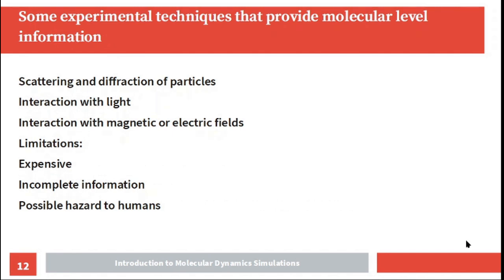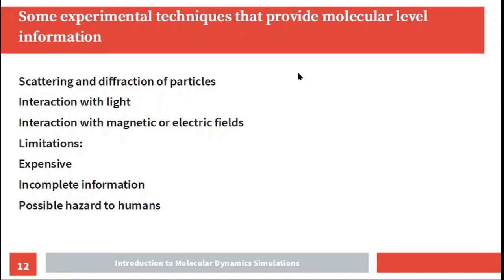Some experimental techniques that provide molecular level information: you can do some scattering and diffraction of particles. You can use X-rays, you can use neutrons, protons, light. Interaction of matter with light can be used to study its properties. Also, interaction of matter with magnetic or electric fields can also be used. So I think some participants in this workshop are familiar with small angle X-ray scattering, and at least one participant is familiar with dielectric relaxation spectroscopy. So these are some experiments that can